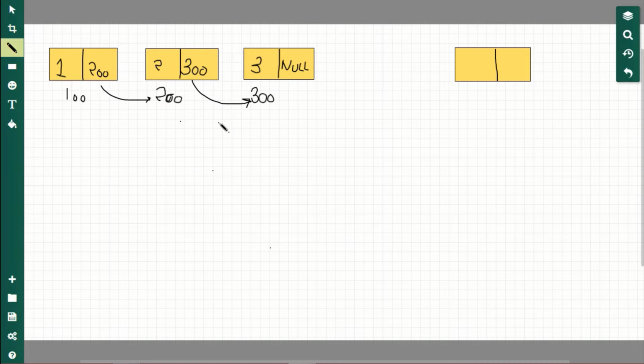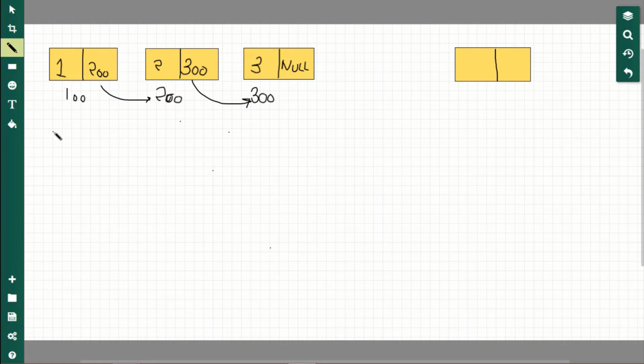So today we will be studying how to insert a new node at the last of a linked list. First I will explain the concept and then we will move to the coding part. So let us begin. Assume this is a given linked list having 3 nodes with the given values.